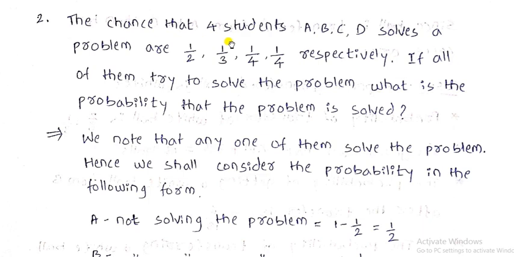Second example: the chances that 4 students A, B, C and D will solve a problem are 1 by 2, 1 by 3, 1 by 4, 1 by 4 respectively. If all of them try to solve the problem, then what is the probability that the problem is solved? Solution: